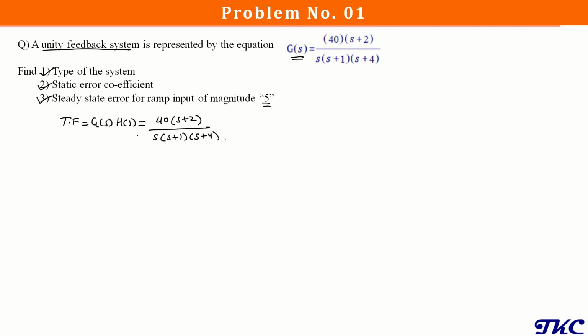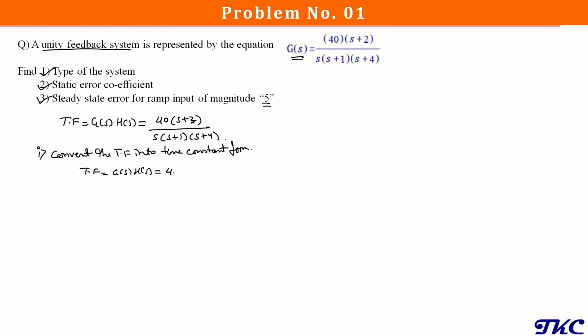Whenever we are given a transfer function and it is asked to determine the steady state error, the first thing will always be to convert this transfer function into time constant form. So we need to first convert the transfer function into time constant form. We know how to do it. The transfer function G(s)H(s) will now be, in order to write in the time constant form, from the bracket we need to take out the constant from the numerator as well as from the denominator terms.